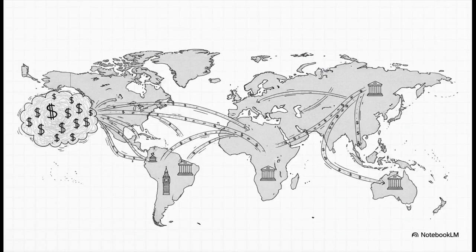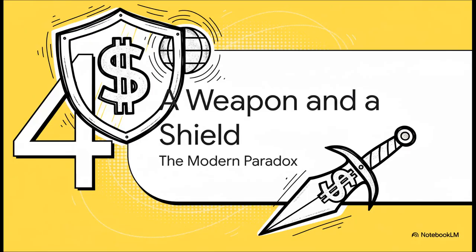The second pillar was a little more subtle, the Eurodollar market. The easiest way to think about it is like a giant offshore swimming pool full of US dollars, totally outside of US regulations. This created a huge, freewheeling market for dollar lending and borrowing. It basically became the essential plumbing for all of global finance, making the dollar completely indispensable for banks and corporations everywhere. So this new system, built on oil and these offshore markets, created a really fascinating modern paradox. The dollar became both a global shield in times of crisis and a powerful weapon for the United States.